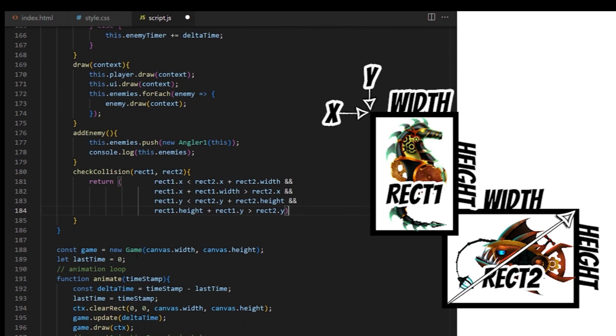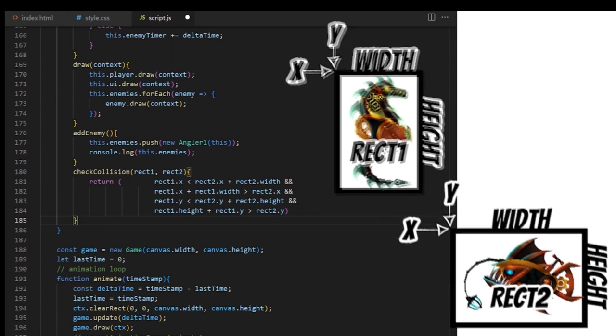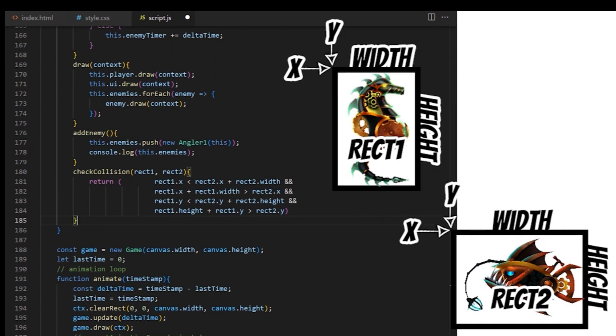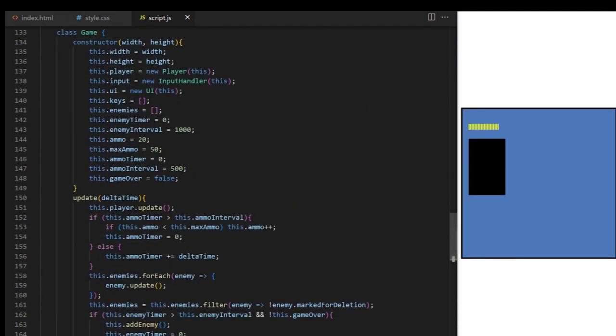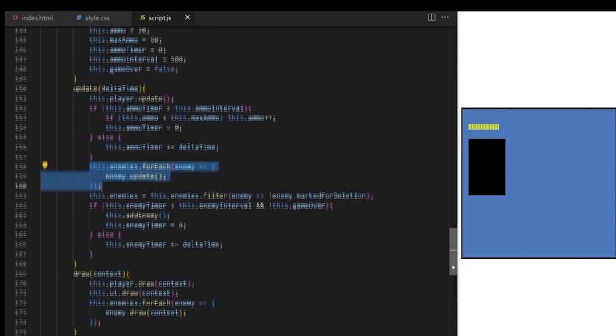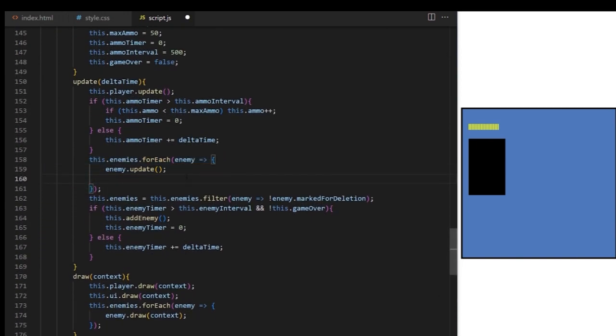If all 4 of these checks are true, this entire statement will evaluate to true and checkCollision function will return true. If at least one of these is false, the entire statement will be false and we know these 2 rectangles don't collide. We stay inside the main game class and go to its update method. In this forEach call, we cycle through every object inside enemies array from line 141 and we call their update method. As we go through that array, one enemy object at a time, we will check collision between player object from line 137